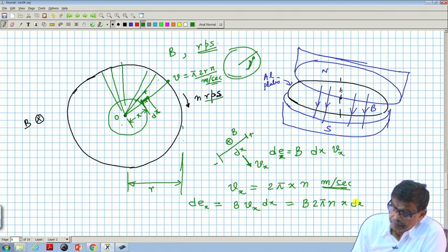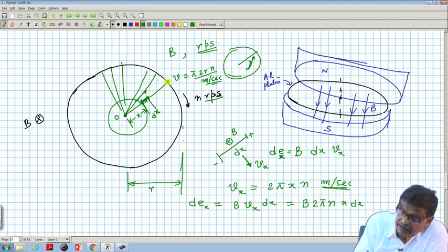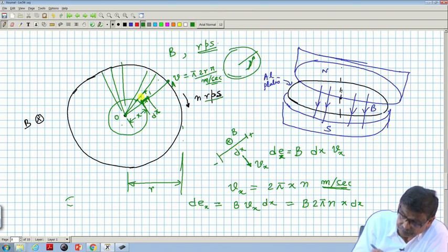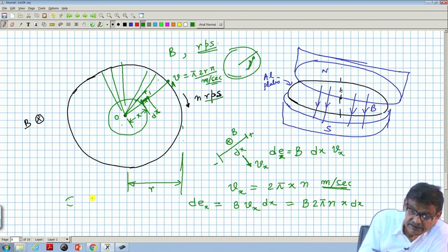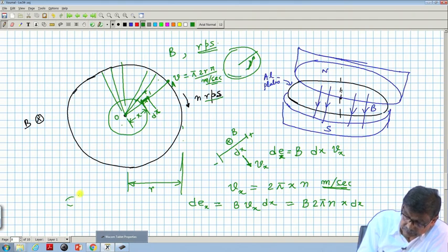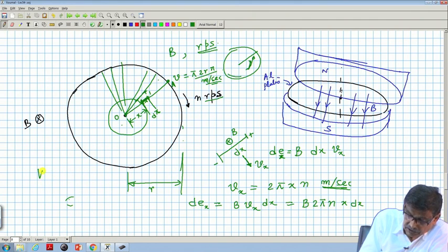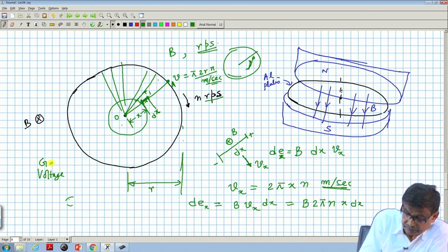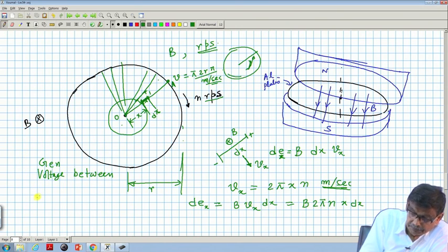So, this will be dEx. Then what will be the total voltage between point O and say point A? The potential, and what is the polarity? This side plus, minus. So, the generated voltage between points A and O